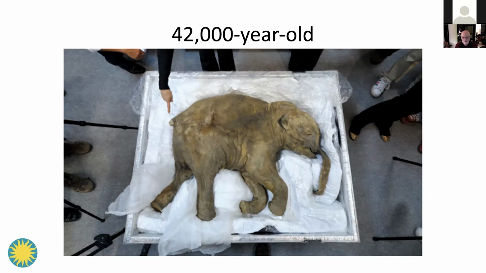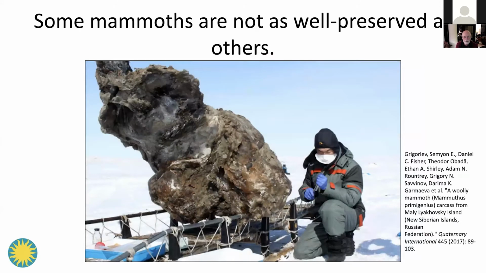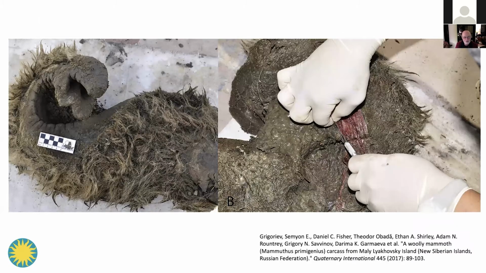In the Siberian permafrost, there are large numbers of mammals that are thawing from the permafrost. Here's a baby mammoth. This too is a mammoth, although it doesn't quite look like one, but the trunk is in the upper left, and we can't see it all that well. Here's a better picture.